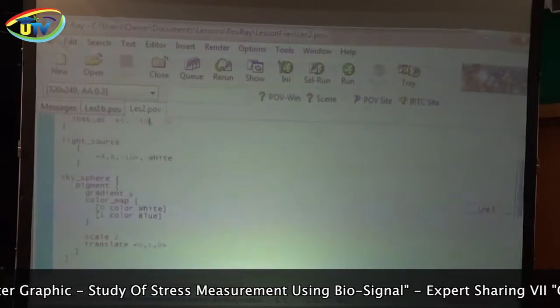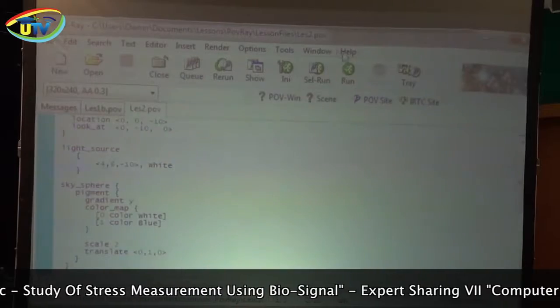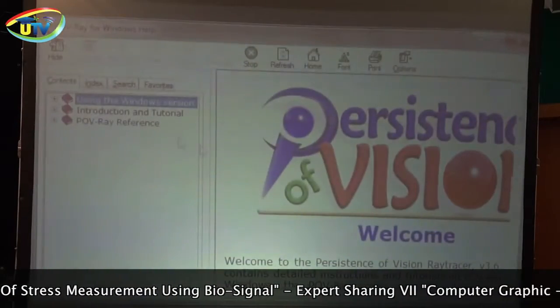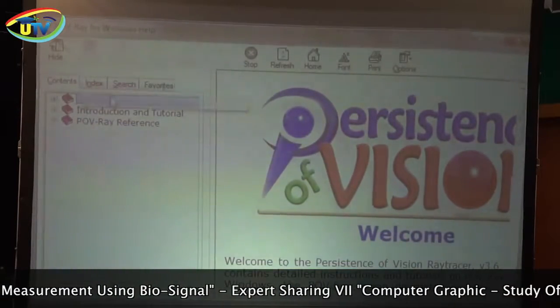We could use slightly different colors. POV-Ray has a whole help file. If you go to the help file, it comes up with contents, and you also have an index which you can use to